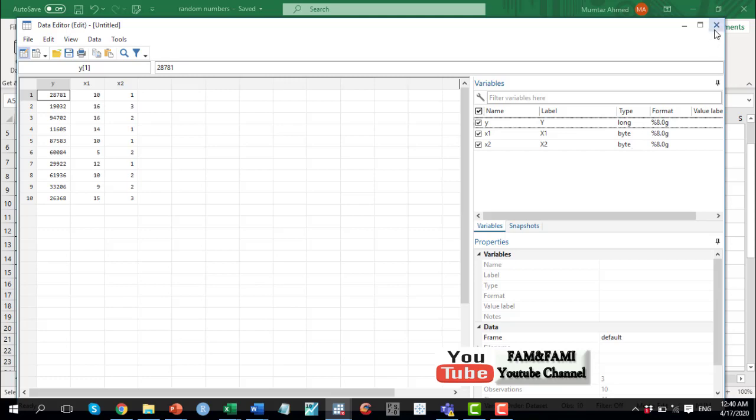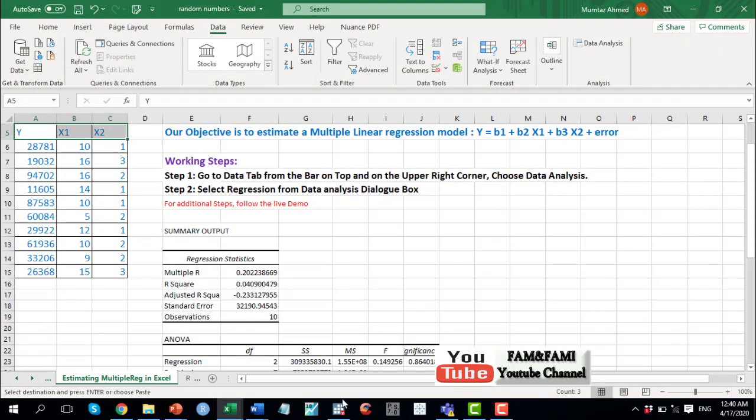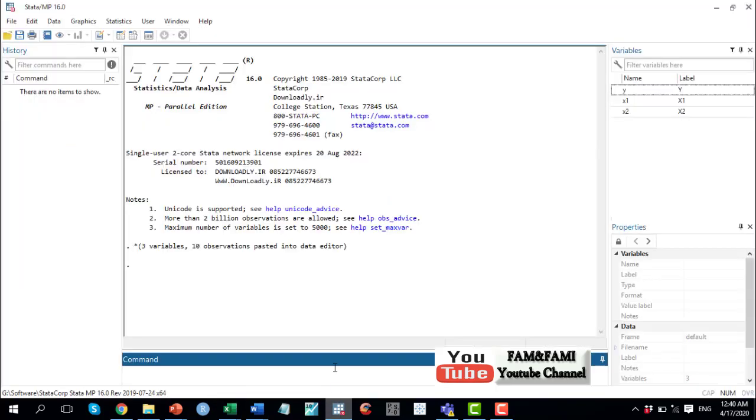Once you are done with this, close this window and come into this data window again. Now look at this variable window. We are seeing the names y, x1 and x2, and by default the data automatically designated capital Y as the label for the small y variable, and capital X1 and capital X2 for these two additional variables.